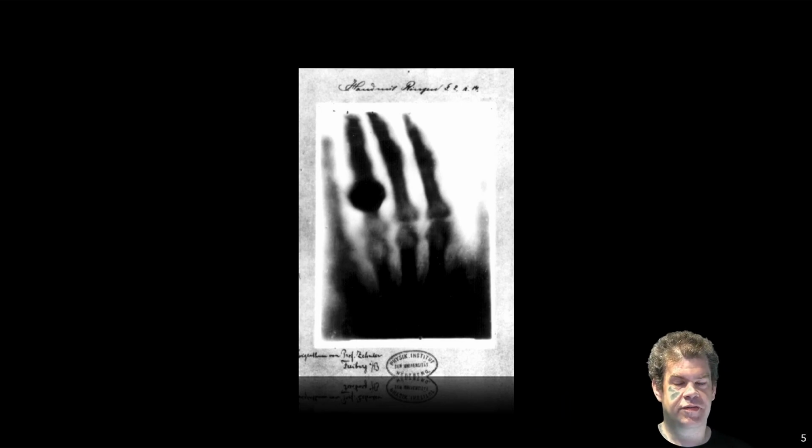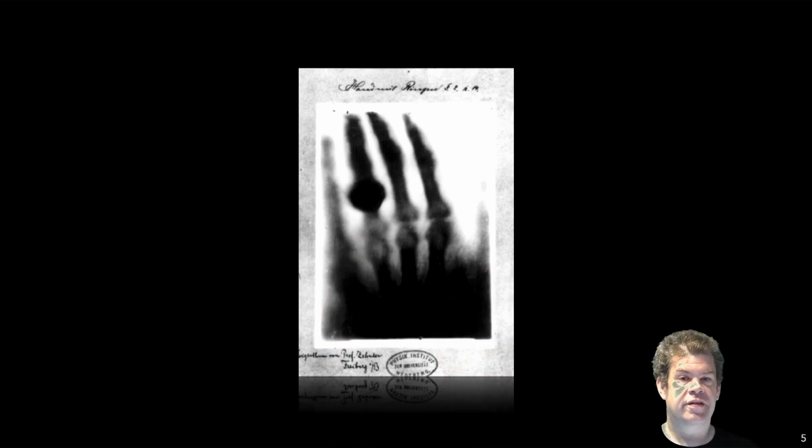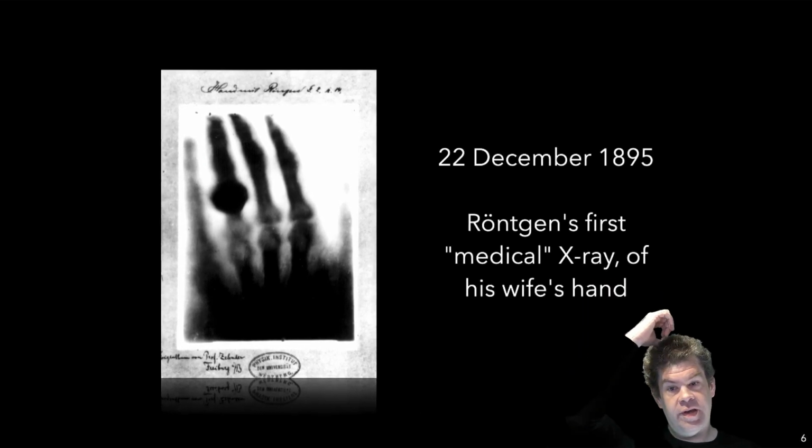So he basically put his wife's hand on a table, including a ring. So this awkward object here is not a pathological artifact or pathological condition. It's a ring she was wearing, and he put a photo plate underneath that. He would use X-rays to focus on the hand and then develop it afterwards. And here we go. So that was December, pretty much end of the year of